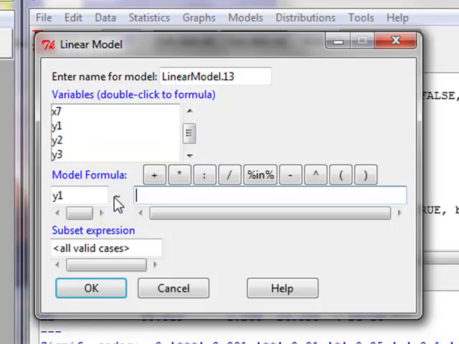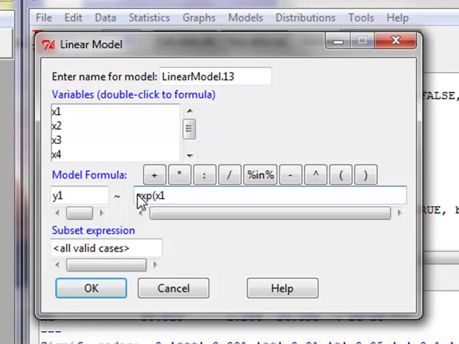Okay. And this little tilde means as a function of. And then I can select my explanatory variable here. It's really just as fast to type it, because at that point we're going to want to